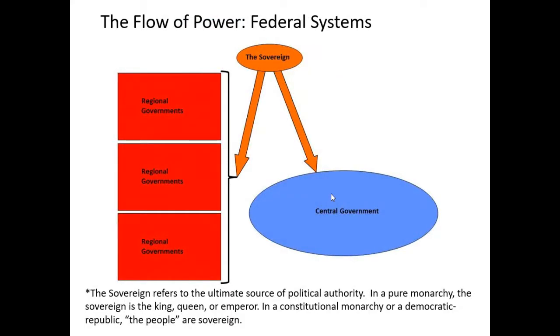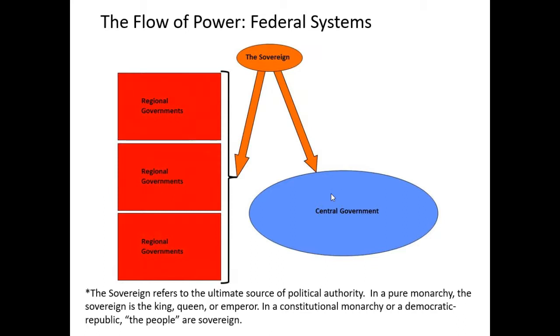Federal systems look very different, don't they? Because in a federal system, neither level of government gets its authority from the other. The central government doesn't get its authority from the regional governments. The regional governments don't get their authority from the central government. In fact, they both get their authority from whatever the sovereign power is. It's easier to talk about in terms of democratic systems like the United States, but at least in theory, we can imagine a federal system where you have some authoritarian figure at the head of the entire thing.